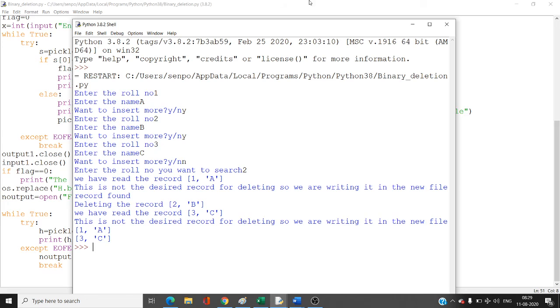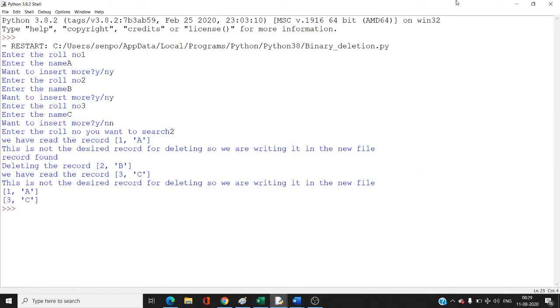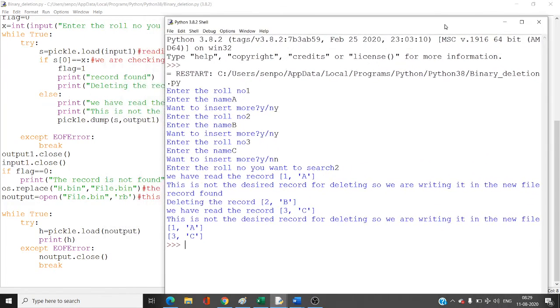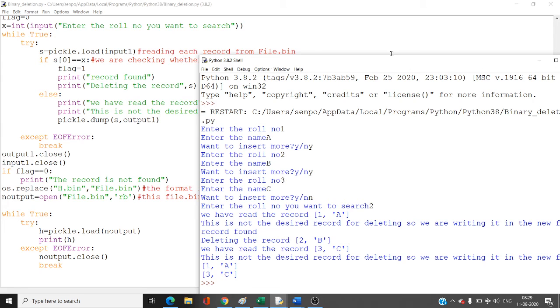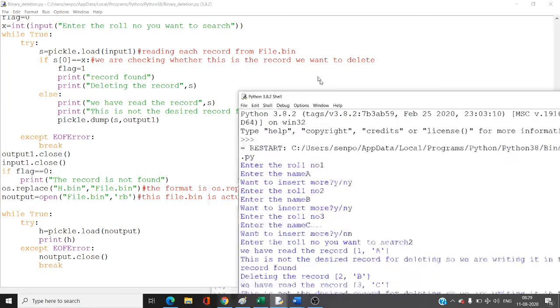So what it is doing, after reading each record, it is printing. See, we have given, if the record is found, it will print record found, deleting the record. Otherwise, it will print, we have read the record, this is not the desired record for deleting, so we are writing it in the new file.